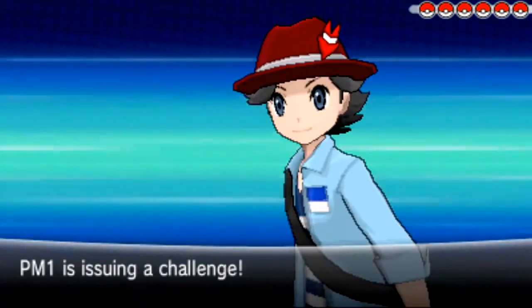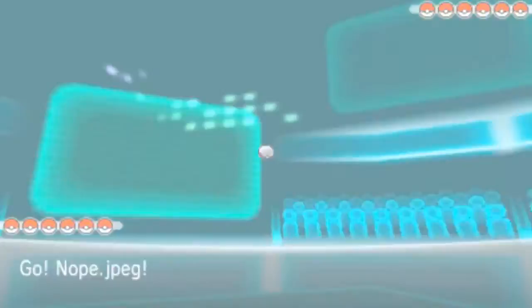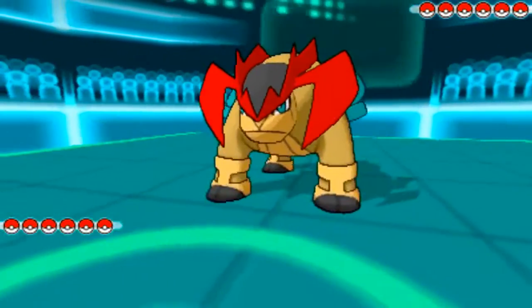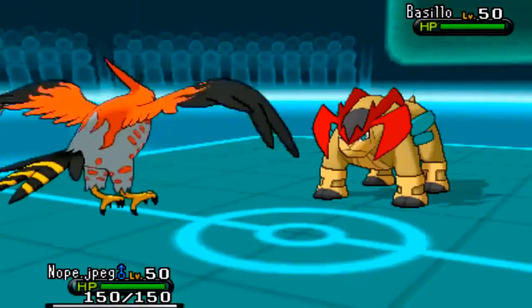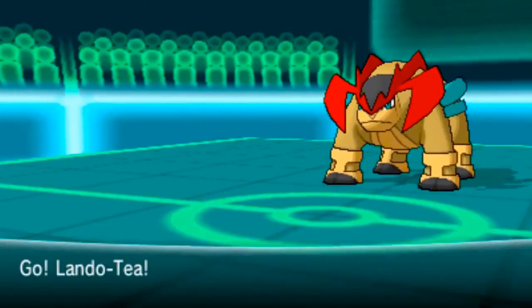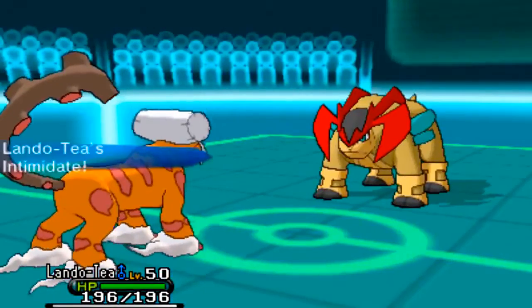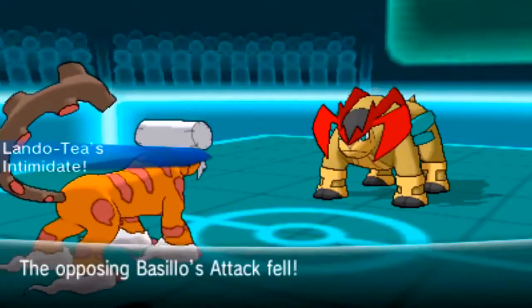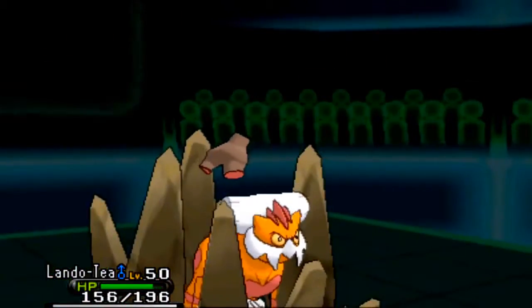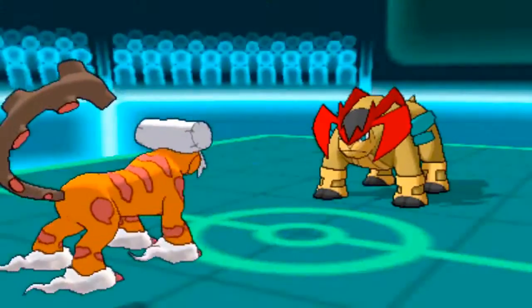So Pietro is going to lead off with his Terrakion, as I'm going to lead off with my Talonflame. I kind of thought I could U-turn off anything that he has, so I really like them odds, but I failed to notice that he had a Terrakion, which was more than likely going to be his Stealth Rocker lead, so I'm going to be forced to switch out. I'm not going to go for the U-turn just in case he Scarf and hits me up with the Stone Edge. He ends up going for the Stone Edge there, as I just bring in my Landorus nice and safely,